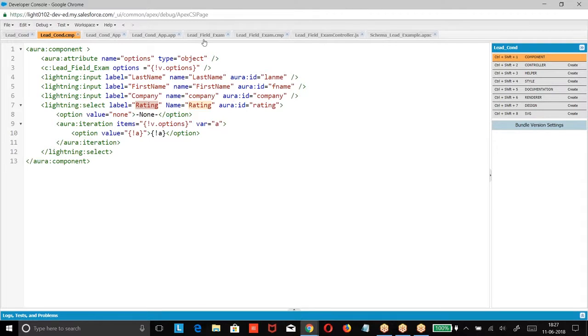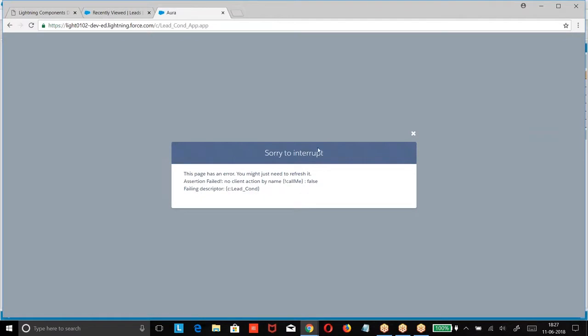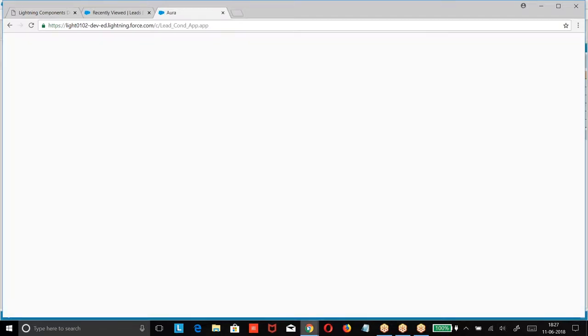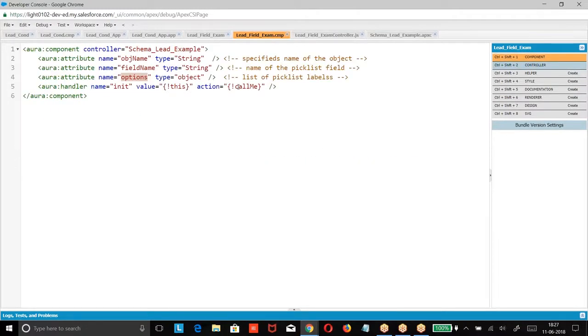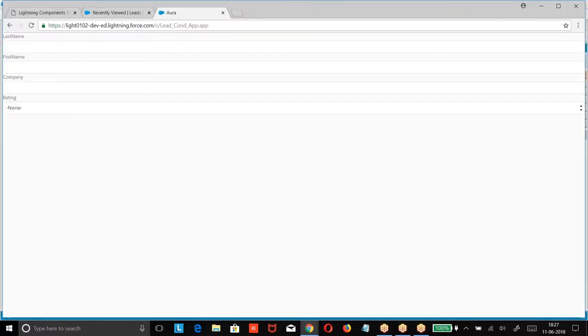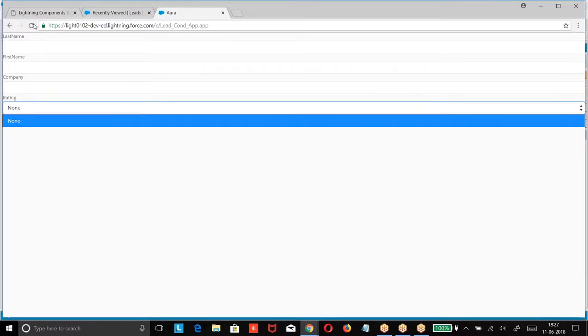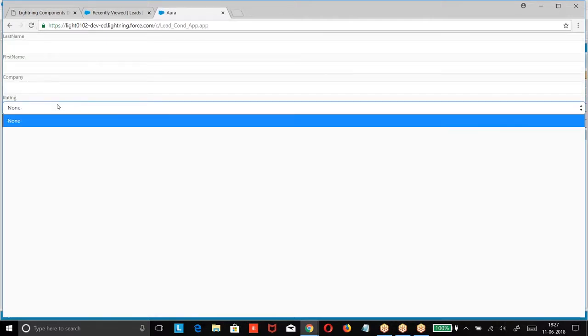So go back to the application and see. What was that? Failing, disconnected. Refresh it. Now client call me. Okay. C dot call me. Let me check it out. Go back. Still values are not fetched. Let me refresh. Okay. Now let me cross check. The values are not getting assigned here.